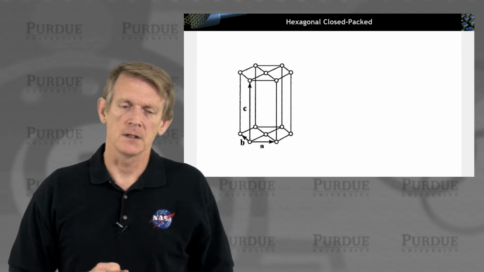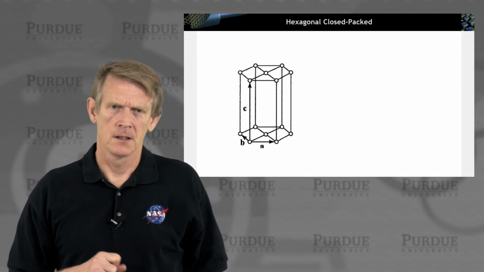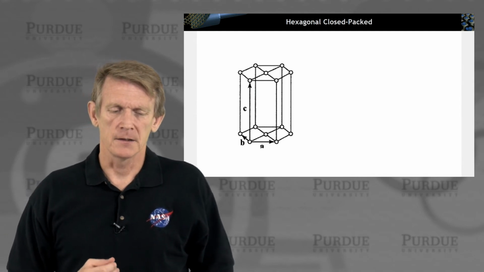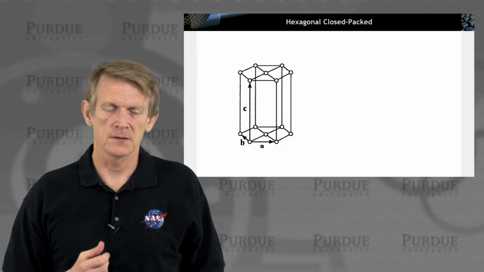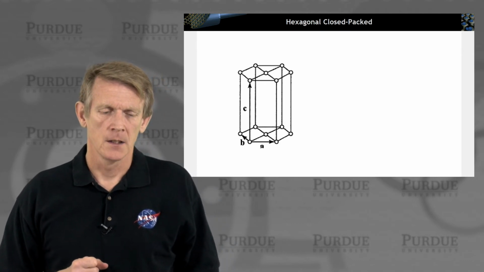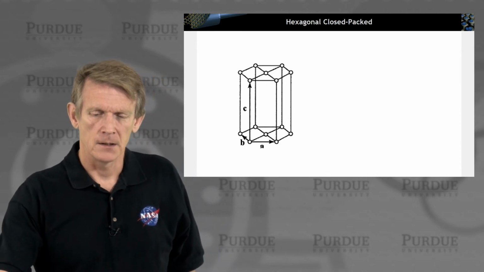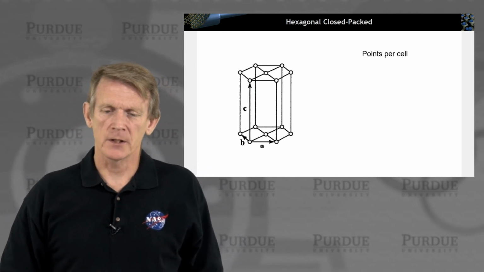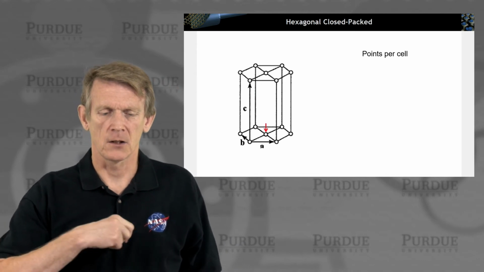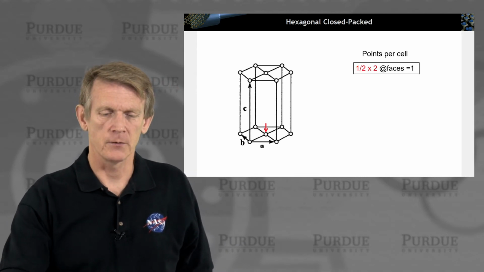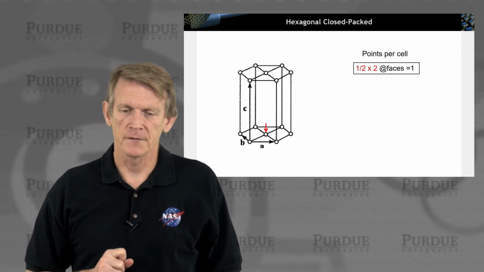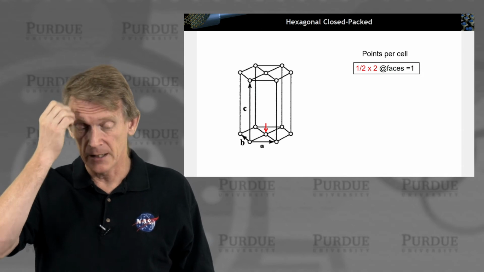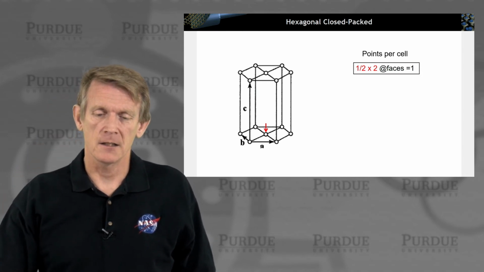I'll finally get to the hexagonal close-packed Bravais lattice. It's described by these basis vectors A, B, and C. C is typically the growth direction, and A and B are typically the same length. Now let's look at the points per cell in the hexagonal close-packed. So let's focus on the atom with a red arrow. We have 2 of those surfaces, and each atom that is packed in the middle is shared between